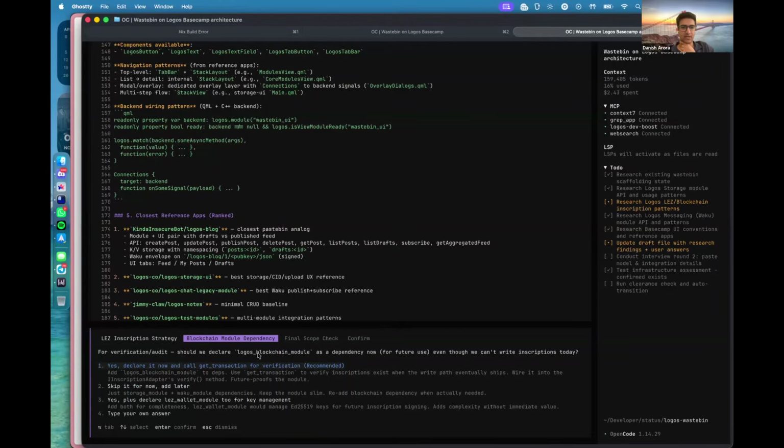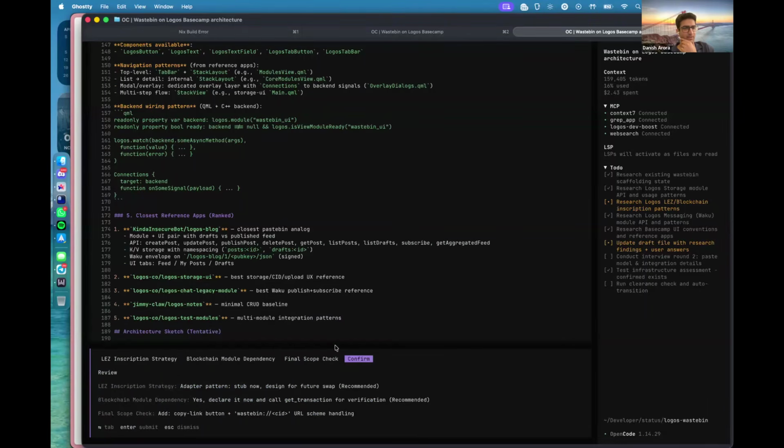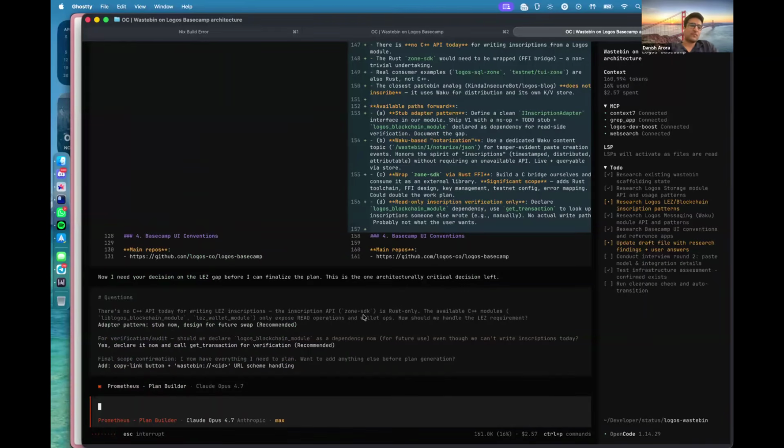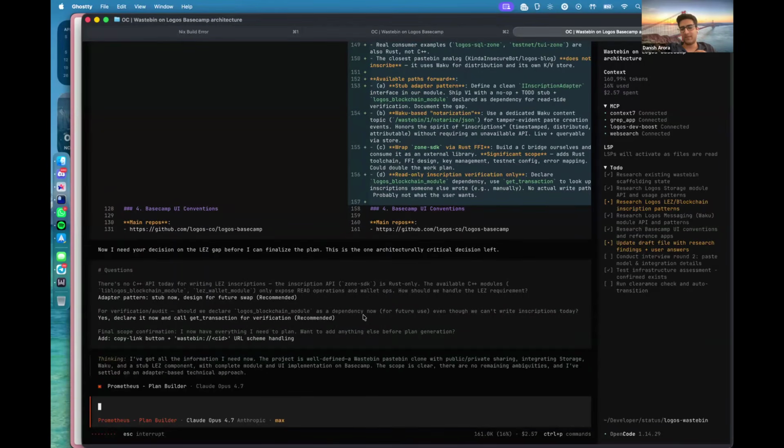For verification order, should we declare a Logos blockchain module as a dependency for now? Sure, let's do this, and I'll finish my thought. For now, for plan generation, no, looks complete. Sure, add a copy button. That's nice. Settings preferences now, paste preview and feed now. Sure. Okay. So, as it's getting us deeper into the implementation designs of the app we've asked it to build,